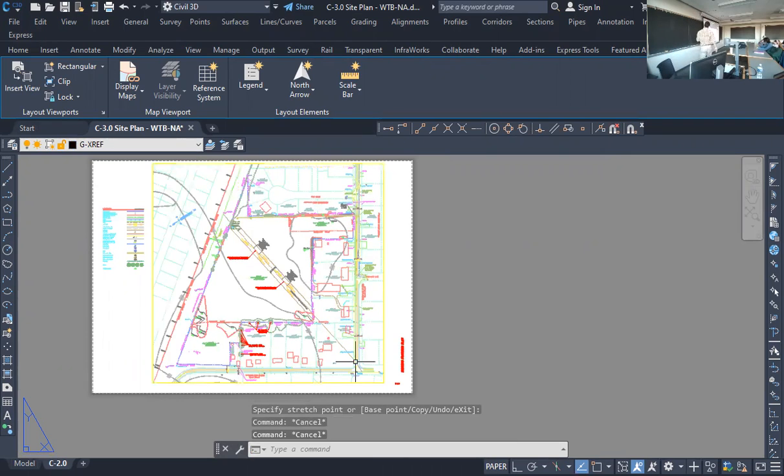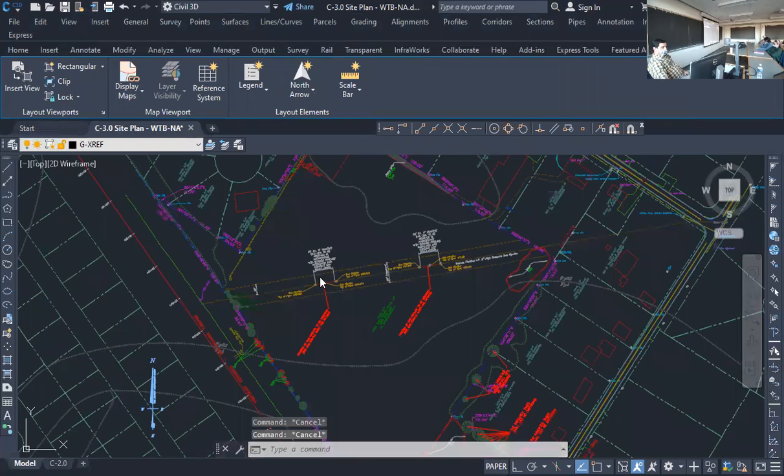Now, if your drawing title block is smaller than this, you can change the scale of it to get it to fit the sheet. Everybody sees how this sheet is set up so that it all fits on one sheet for you. Right now I'm in paper space. If I switch over to model space,